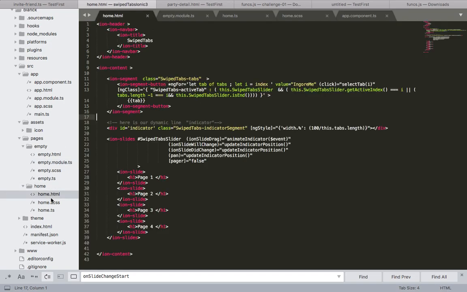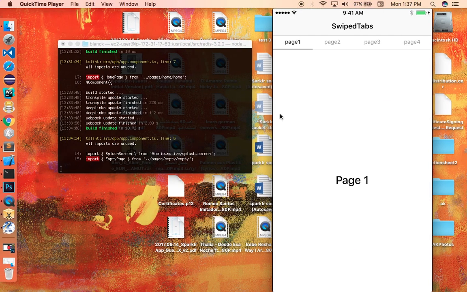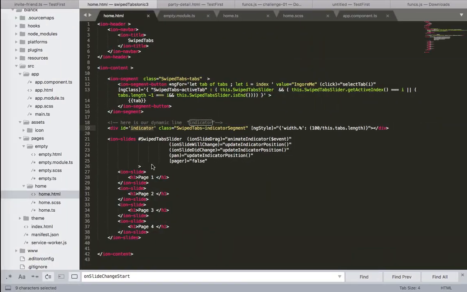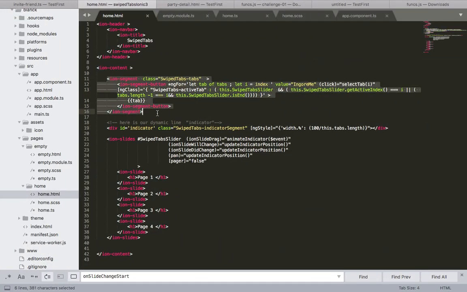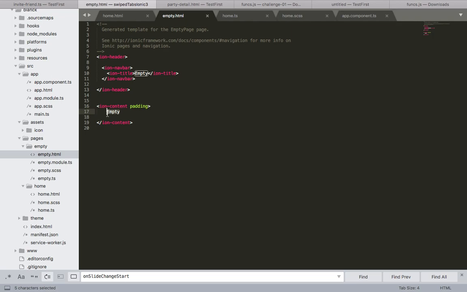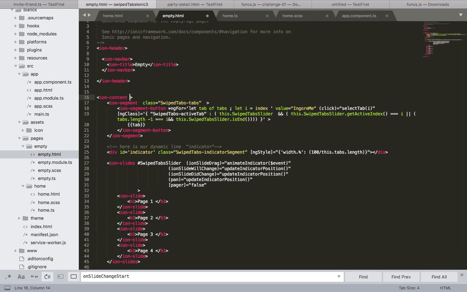So first of all, we must copy our segment and our indicator. This indicator is this little line that makes our animation. Okay, so just copy the segment and this indicator and our slider to our new page. It's called empty. Just hide this padding,